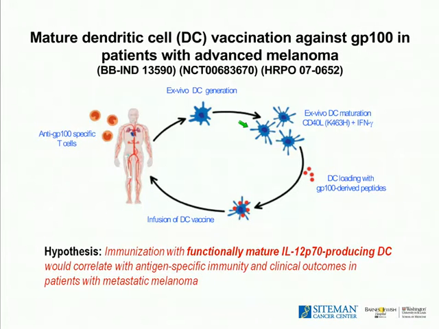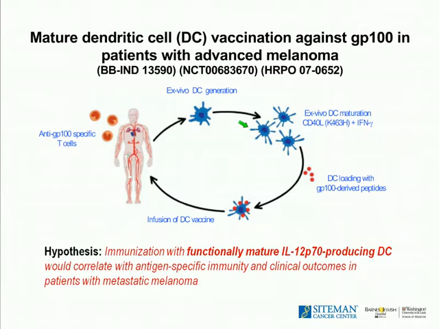Unfortunately, most of the 60 trials that have been done to date with dendritic cells have had very disappointing results. There have been less than 10% overall clinical responses, and it has been proposed that part of the reason these clinical trials have not yielded the expected clinical outcomes is because the cells that have been used are immature dendritic cells. That means that the cells do not make cytokines. So based on these postulates, we initiated a clinical trial in 2006 where we planned to use a different kind of dendritic cell, what we call a mature dendritic cell.